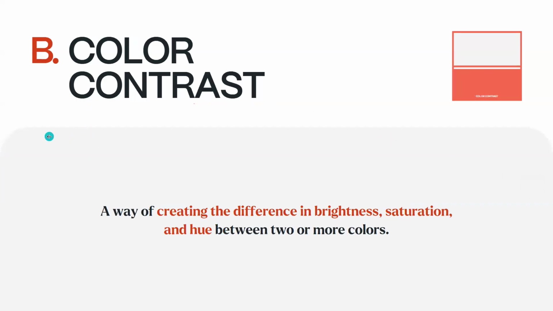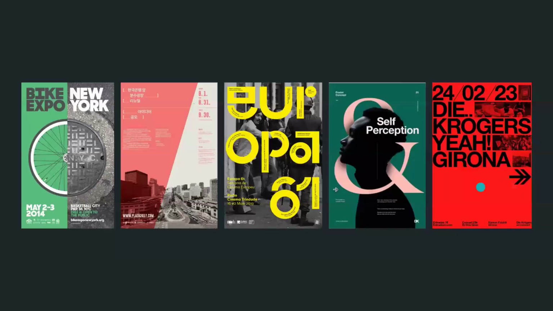Second one is color contrast. Again, the name suggests it is using two different colors, one brighter, one darker, to create contrast. See, this is a red color, which is a bright color. Here in the copy, in the typography, they have used black, the darker color, to create contrast. Also here the background is black, right? They have used a yellow color, which is a light color, to create contrast. This is how color contrast works.